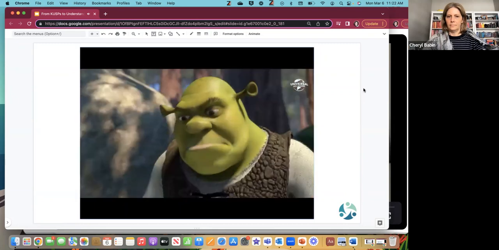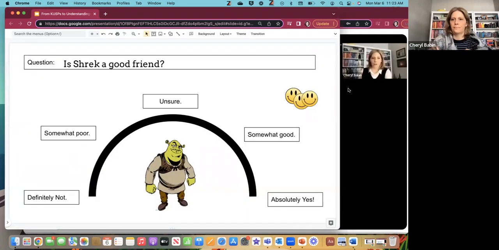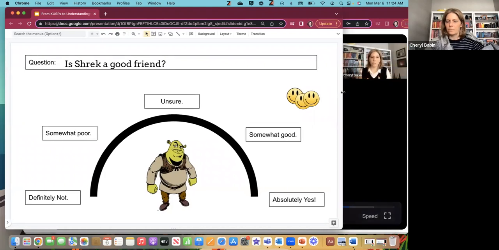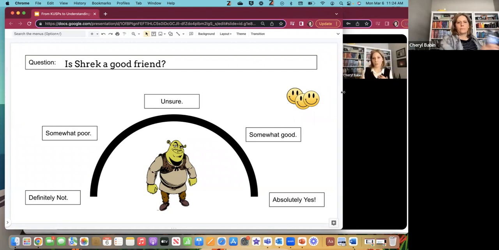Nope. Really? Without getting lost in Shrek forever, I want to just offer that by giving students a little bit of a snapshot and an opportunity to think critically about the qualities of a good friend, you could use a launch like this or a question on a dashboard.